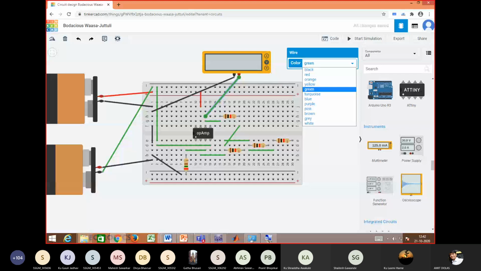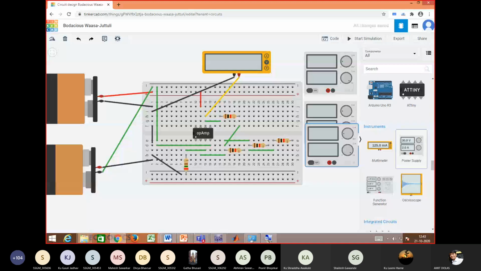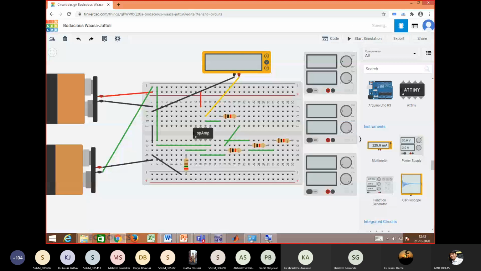Then what I need is 3 supply voltages. So I'll arrange 1, 2 and 3. That is of course V1, V2 and V3. V1 I will make only 1 volt, V2 I will make 2 volt, and V3 is 3 volt. So the addition of the three is 6, and I shall get minus 6 at the output voltmeter.